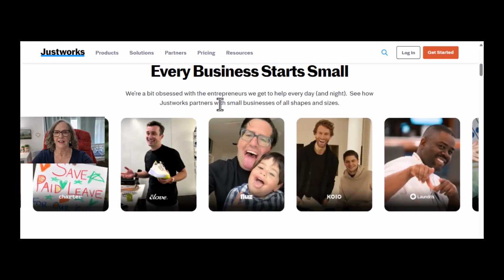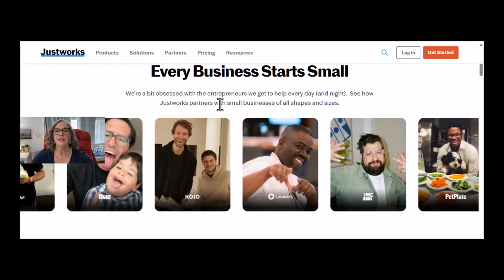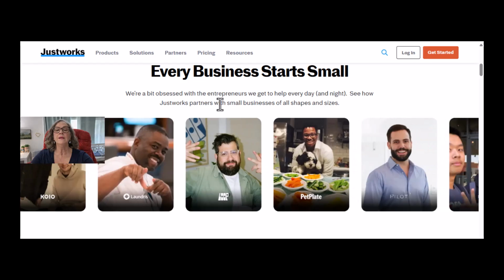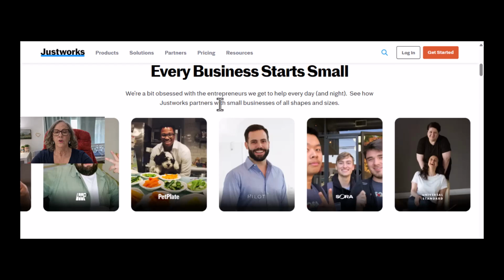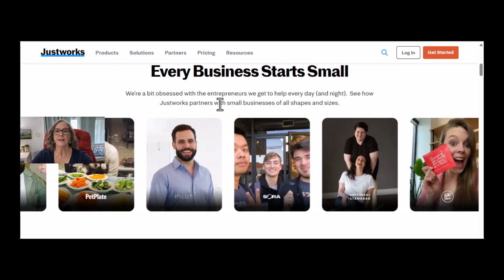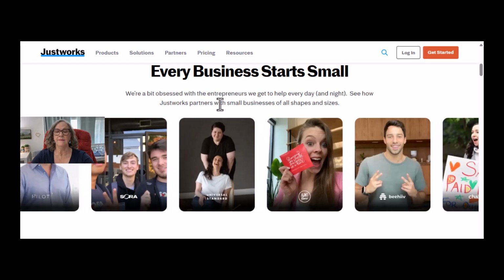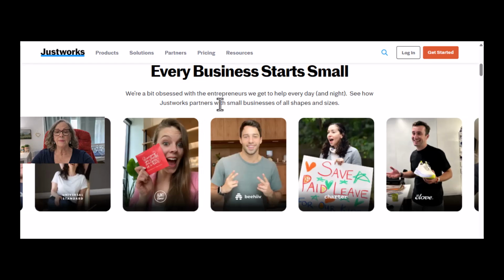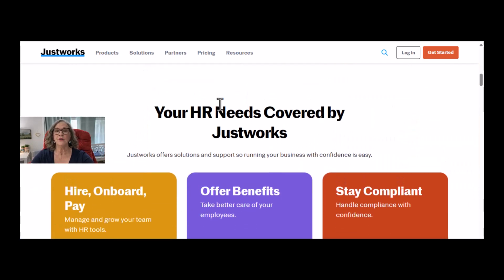The first major hurdle startups face in Justworks revolves around payroll frequency and worker classifications. When setting up payroll, Justworks gives you choices on pay schedules, typically semi-monthly or bi-weekly. Many founders default to semi-monthly because it aligns cleanly with two fixed calendar dates per month, like the 1st and the 15th. However, if you have non-exempt, hourly employees or workers in states with strict overtime calculation rules like California,